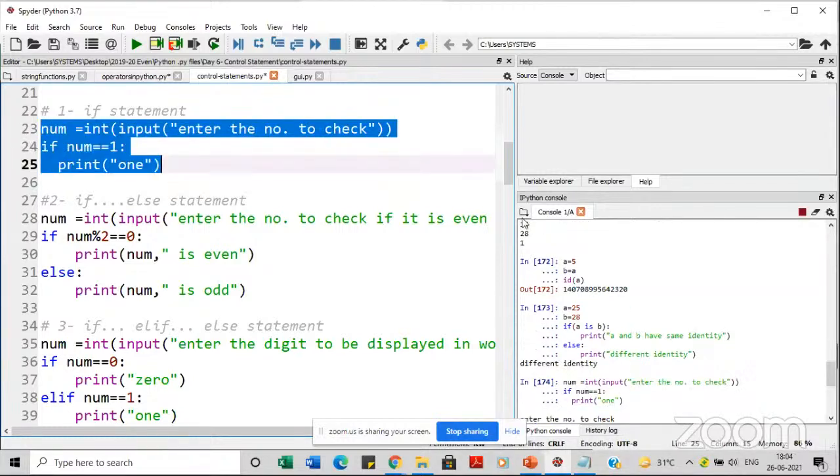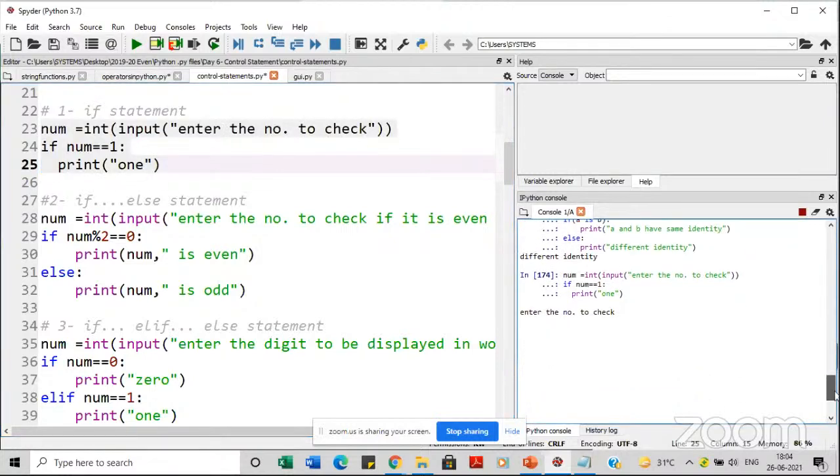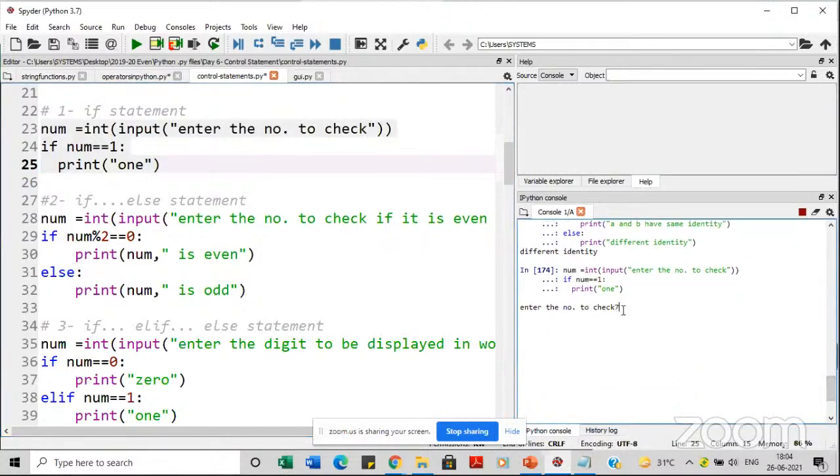So here you can clearly see it is asking me some number to enter. So let's say if I enter 78 and press enter, it will not do anything because that number is not 1. And I have not told what to do if the number is not 1. So if I want to include that functionality, that if the number is not 1, then you do what? For that, I need an else suite, right? So